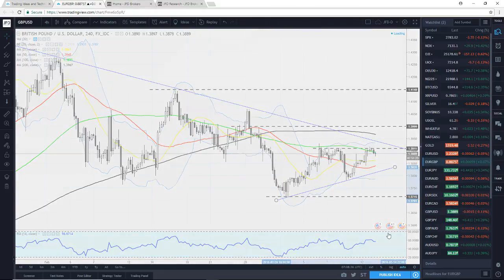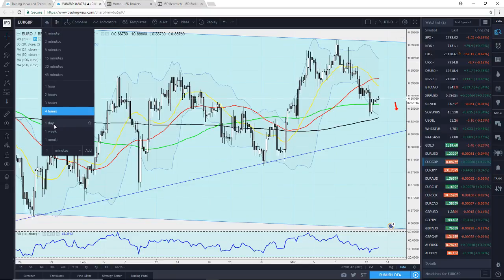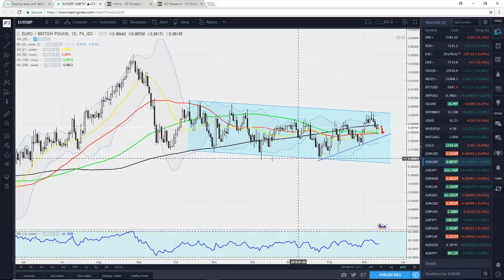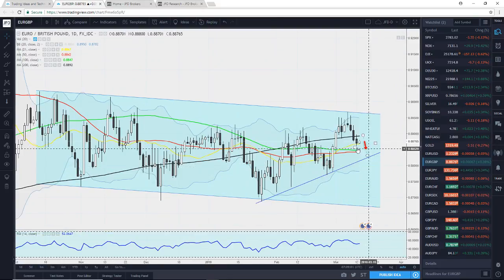Let's have a look at the Euro Sterling. Now Euro Sterling, everything is blue right now. I'll just put a daily chart here, and we are still in this channel. Yesterday we were selling off. Yesterday we were talking about that we might get a continuation to the downside, and this is what we got exactly. Today it seems that there is a little bit of strength showing up,